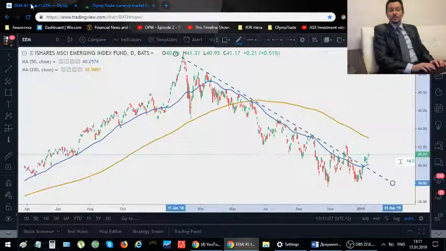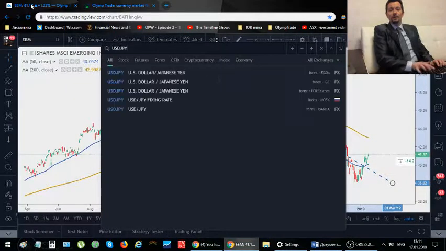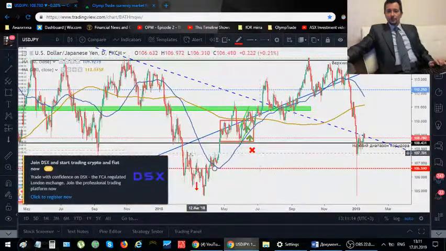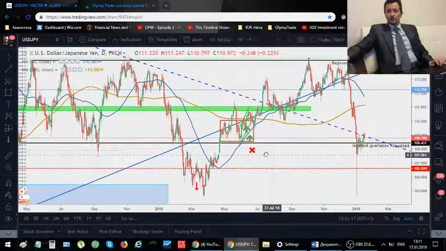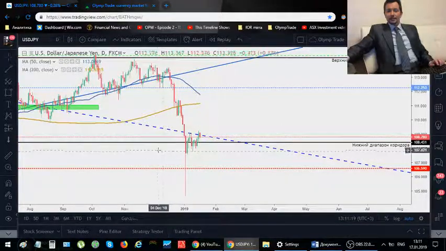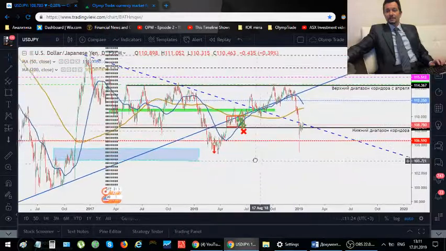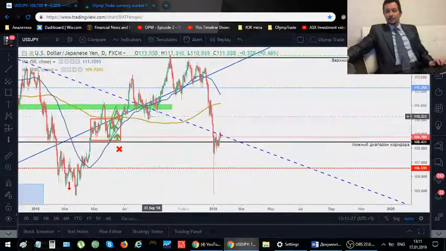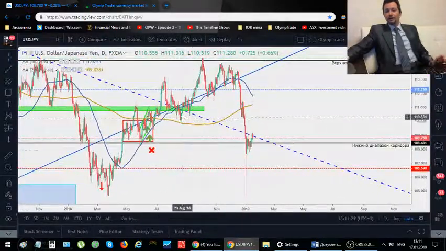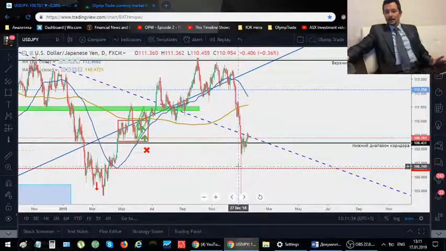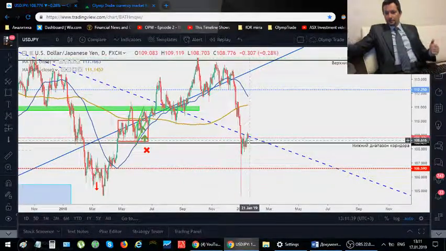Here we have a question from Sam. She wants to look at USD JPY again. I haven't configured my graphs for this, but we can have a look. This is a huge trend line coming from 2017. This type of trade right here was a perfect rebound from a breakout point. Here we fell below that 2017 trend line and are now retracting from it as a resistance point.